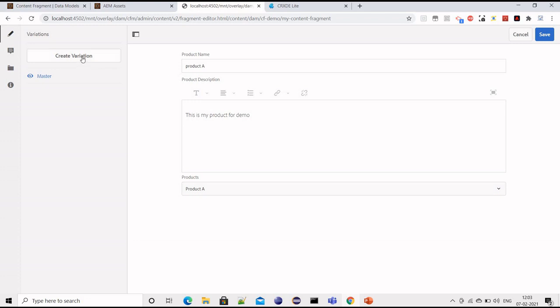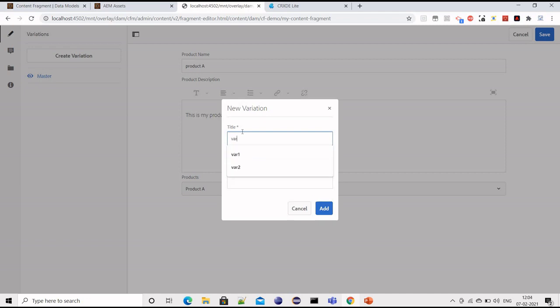So how can we create a variation first? Click on create variation and give it a name. Maybe it's variation A, or I would say variation, yeah, variation is fine.